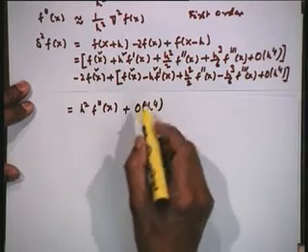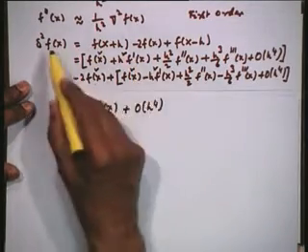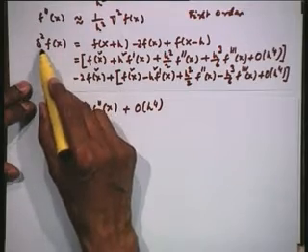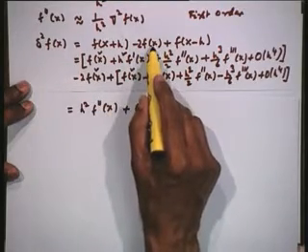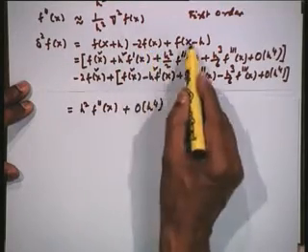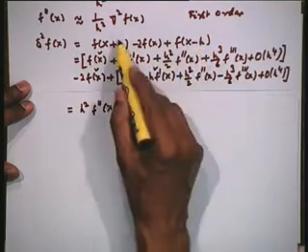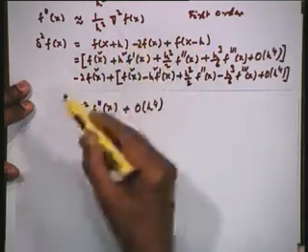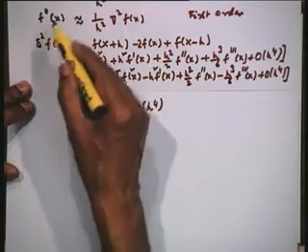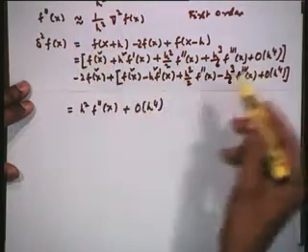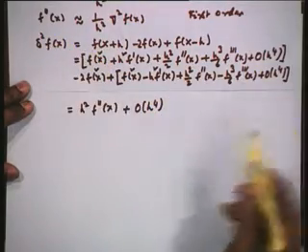Now, we may mention the reason why it has happened is this central difference operator is symmetric about this middle point. Since it is symmetric about the middle point, all the odd derivatives would cancel. This is h will cancel, h cube will cancel, h 5 will cancel in there. So, if I want higher order formula and take the higher order differences, all the odd derivatives would automatically cancel.